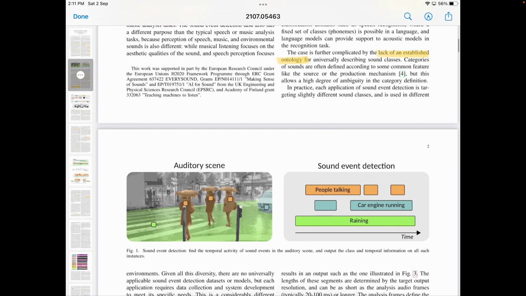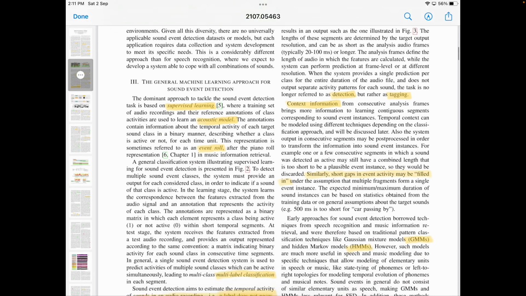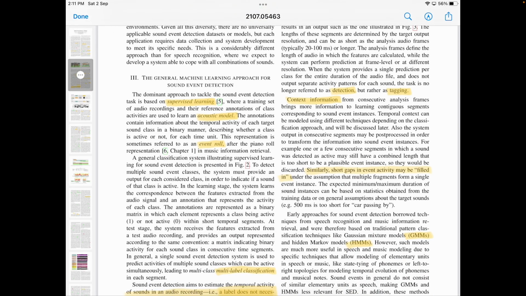Okay, but this problem still remains: a lack of established ontology. So many sounds are there. There is no proper study, or I don't know what kind of study can come out, which can say these sounds are together or they must be together. So that is not there. Okay, now we studied here the general